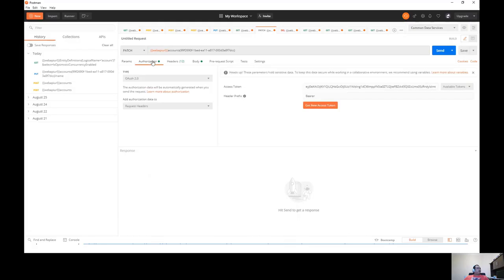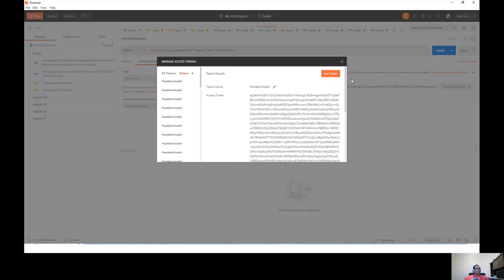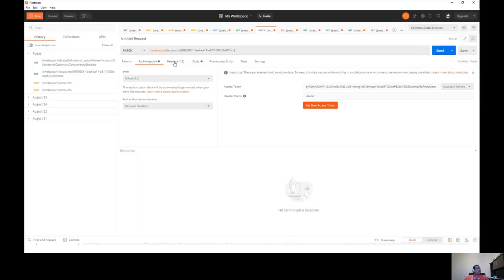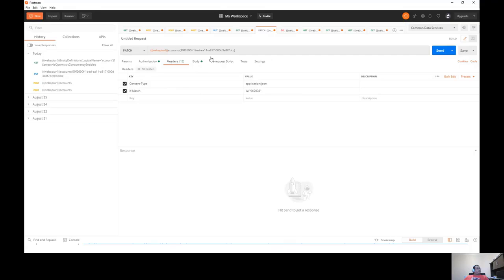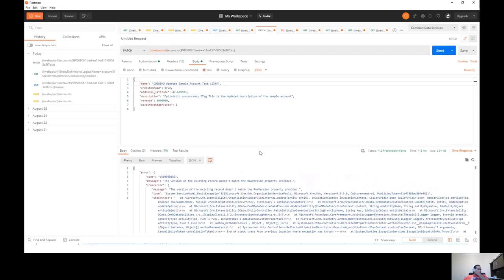Right. I will go and do my token. So here I've just passed a dummy ETag to illustrate the point of concurrency. If I try to update a single record, make some changes and try to update, it will tell me the version of the existing record doesn't match the row version property provided.